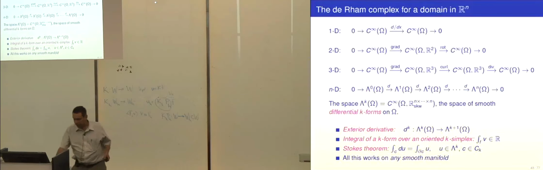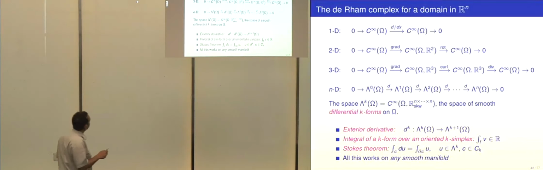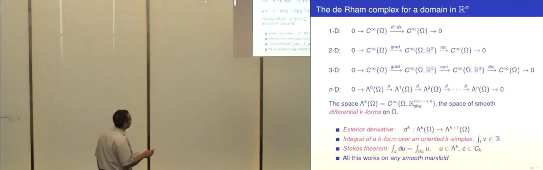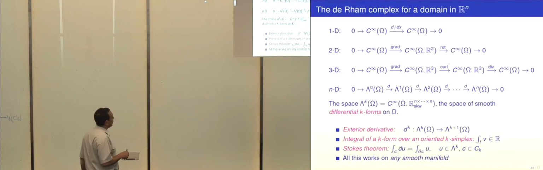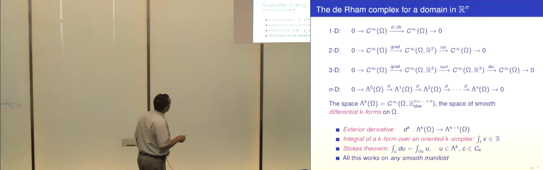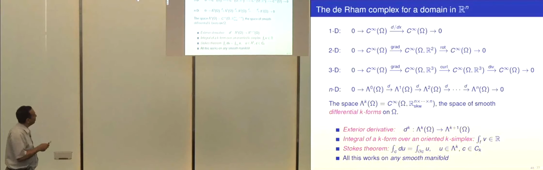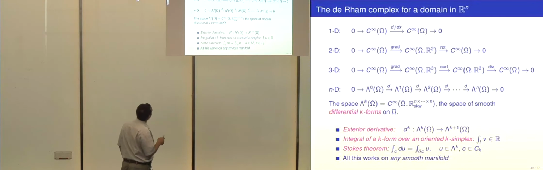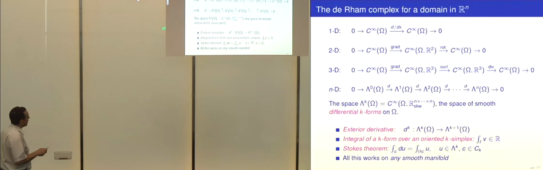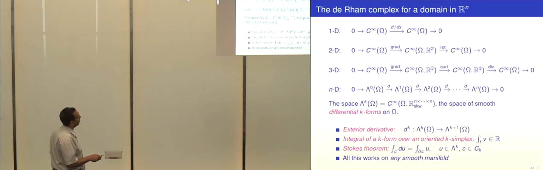So back on the first day, we had this slide where I said, what's this de Rham complex? What does it mean? When I was first introducing it, I said, well, in 1D, just take functions, differentiate them, and get functions again. In 2D, that becomes gradient to get vector fields and rot, and in 3D, grad, curl, div. And I said we could do it on smooth functions, and then we get a complex called the de Rham complex. Later, we decided we really wanted Hilbert spaces, so we introduced H1 and H curl and H div and so forth.